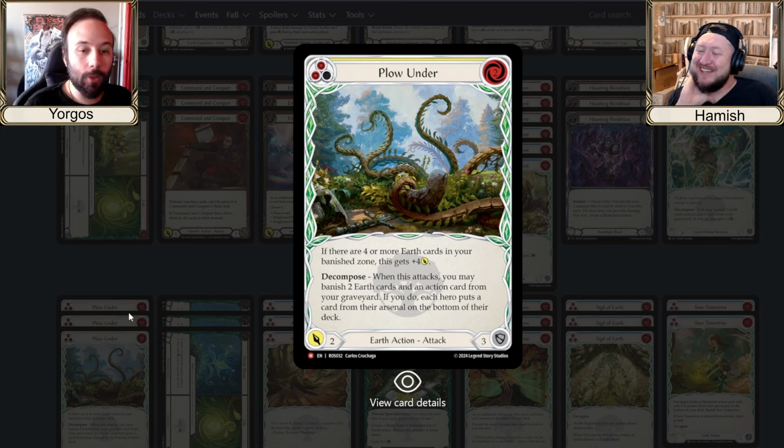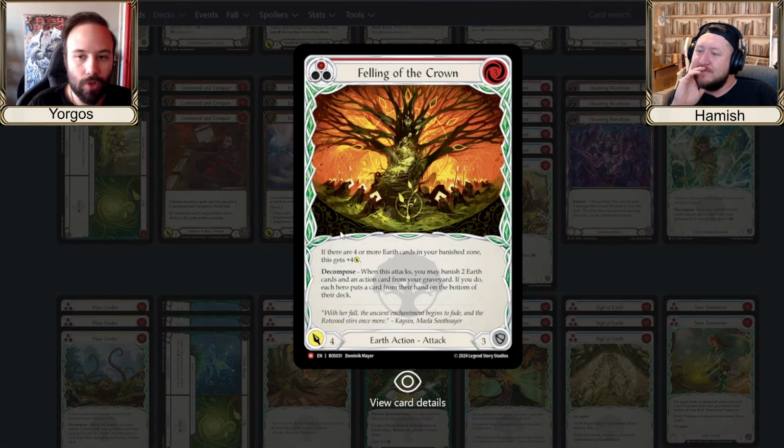I mean, currently we do not have too many options, and that's probably the only thing that could hold Florian back. These are by far the best decompose cards, and if you want to decompose, they are coming on the best kit because we slightly struggle to find good enough cards to decompose. And Felling of the Crown and Plow Under are actually how you win the game, obviously, because